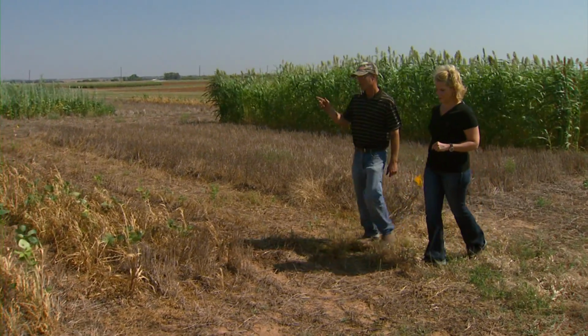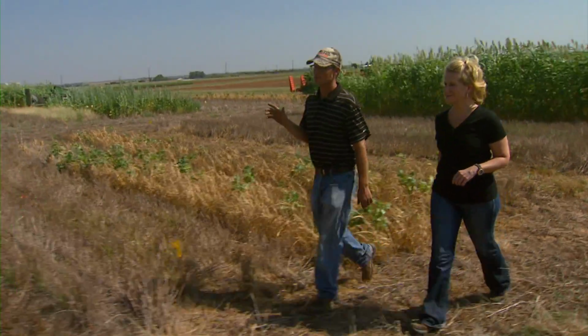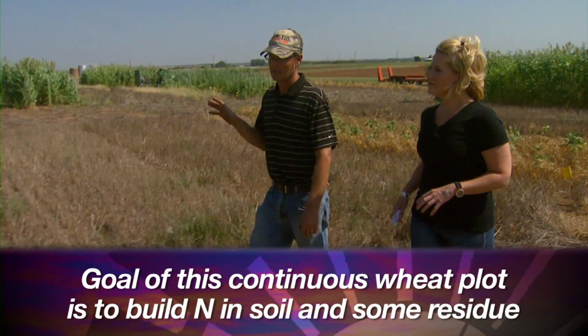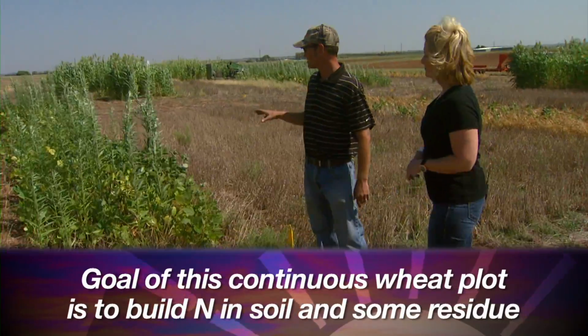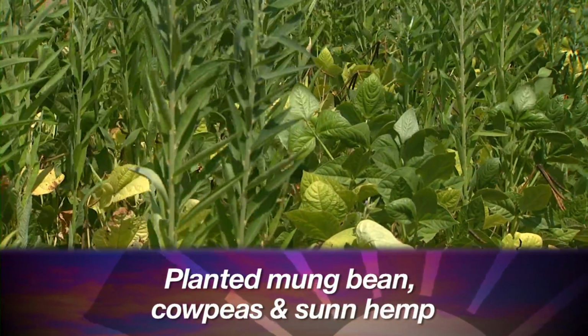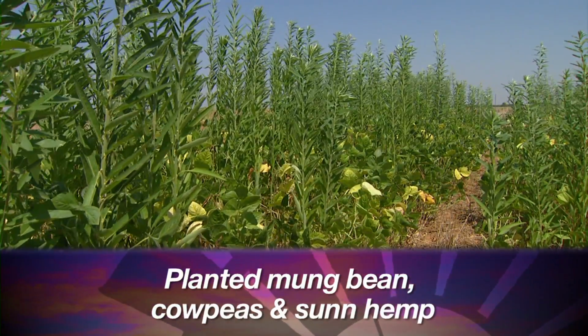And then lastly, we have a plot down here where this is a continuous wheat system. And in this, we just want to get nitrogen with some level of residue maintenance. So we've planted sun hemp, cowpea, and mung bean, but we're really excited to see how these inclusions of the cover crop influence the